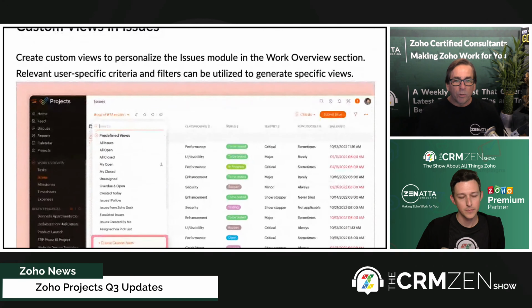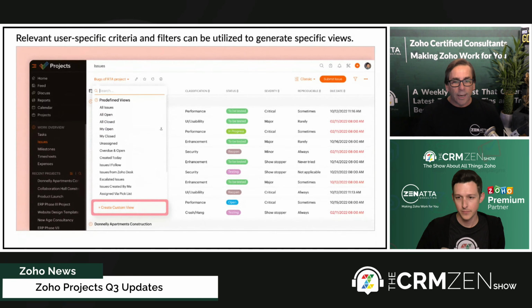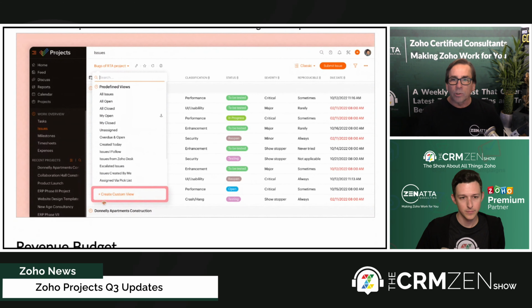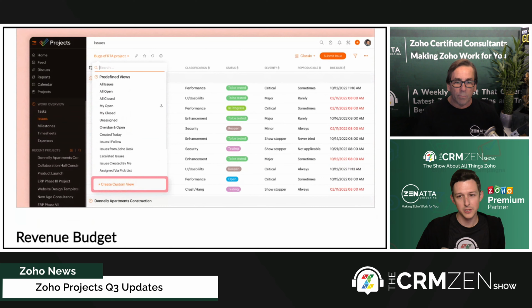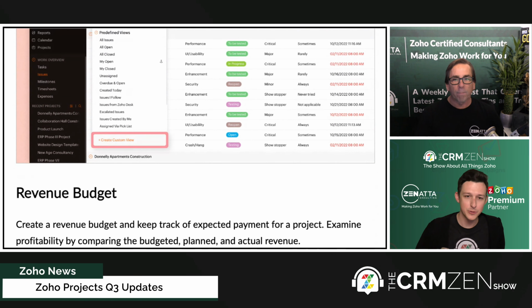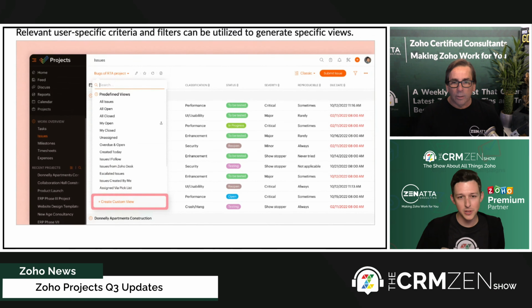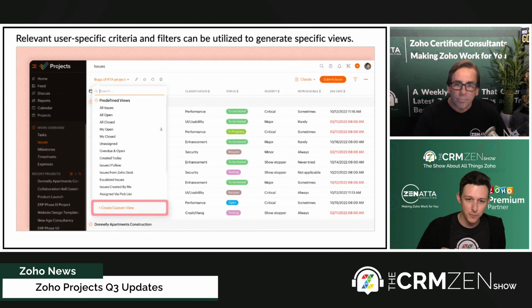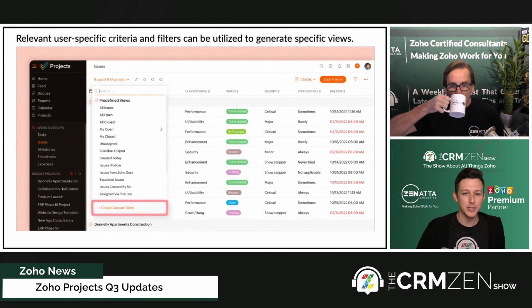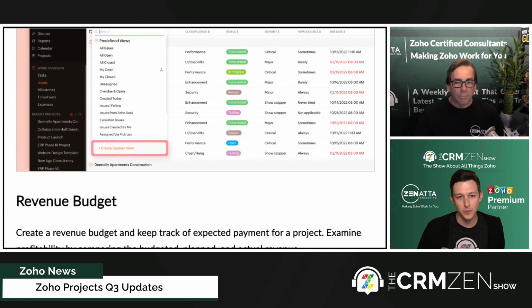And then custom views and issues. Issues did not have the ability to create a custom view. You just had all of the standard views. So now if you are looking at your issues, you now have the ability to create a custom view. And that's really nice. If you look at it, for those who are watching on video, you can see they have a column for classification here. If it's a performance issue, a UI issue, a security issue, it's very reasonable that different types of people might want to look at those completely separate from one another, right? So being able to just create a couple custom views is obviously a huge usability thing for any app.